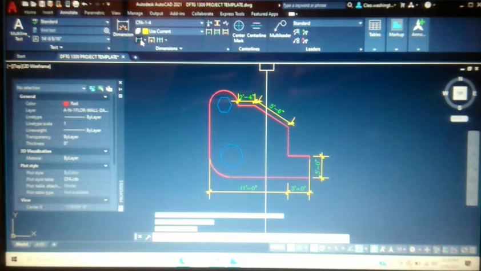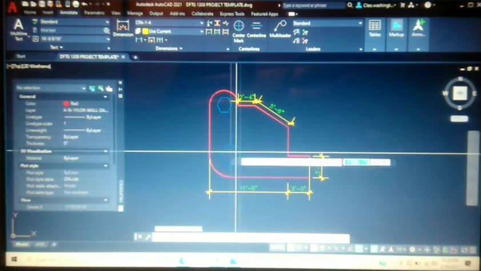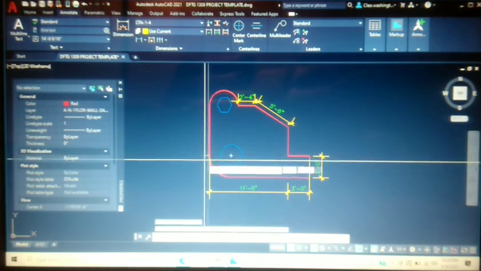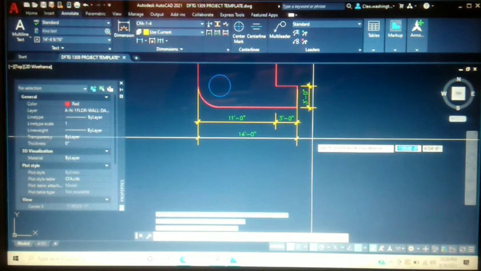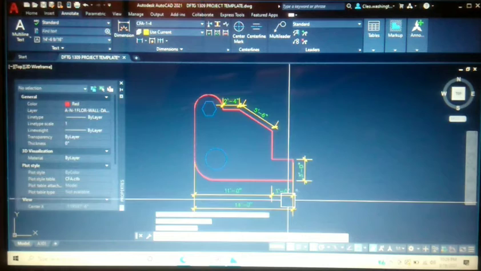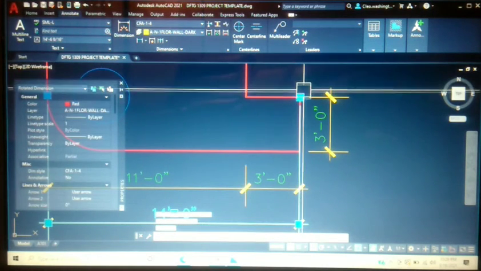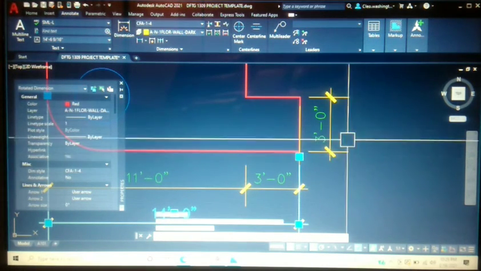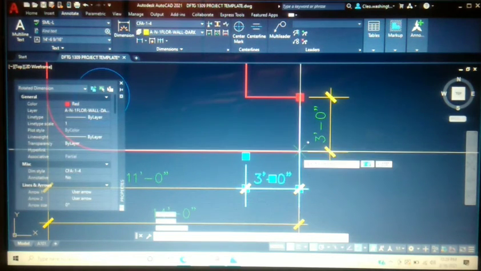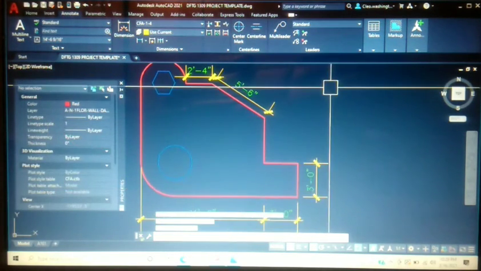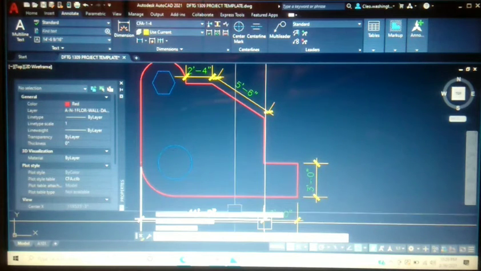And now let's go ahead and activate the dimension tool again, and let's do an overall dimension. All right, 14 feet. So now let's take this and drag it down to keep our model clean. Let's select this guy and drag it down as well to keep it clean. And let's go ahead and draw